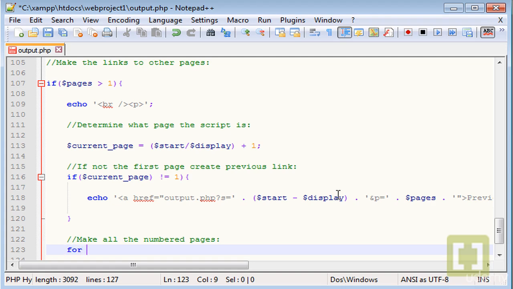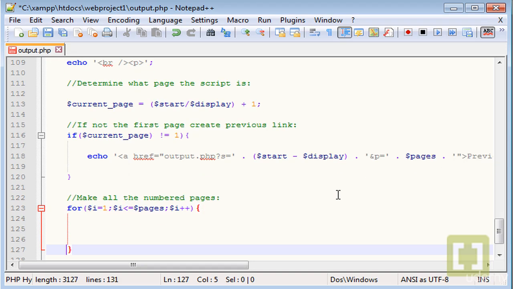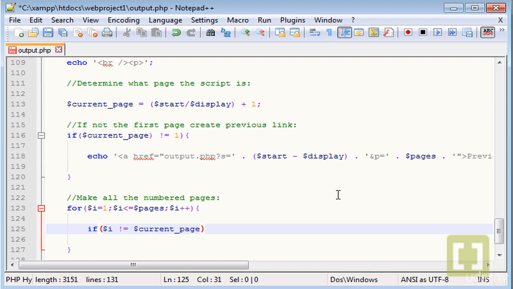Finally, we only need to make all the numbered pages. So to do this, let's create a for. We need a loop. So for I equals 1 semicolon, I is less or equal to pages, and I plus plus. Okay. Now condition if I is not equal to current page,